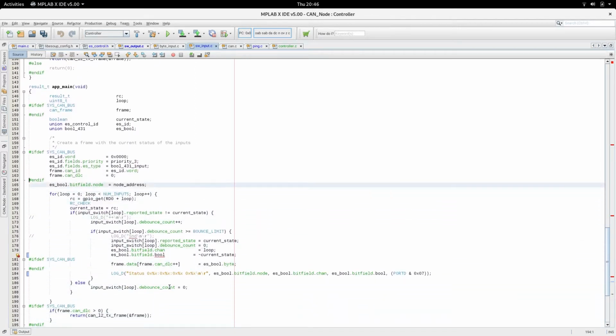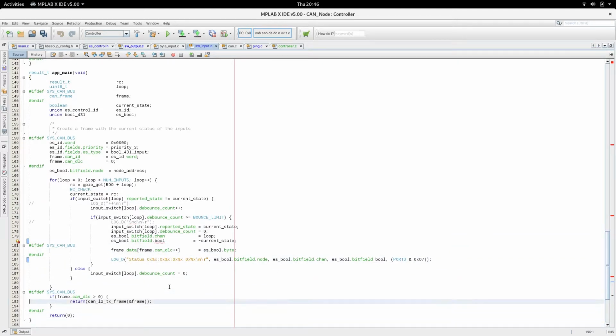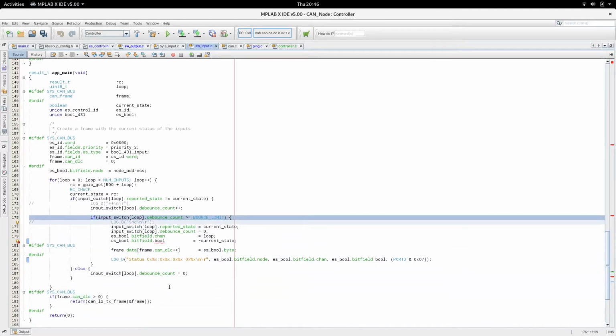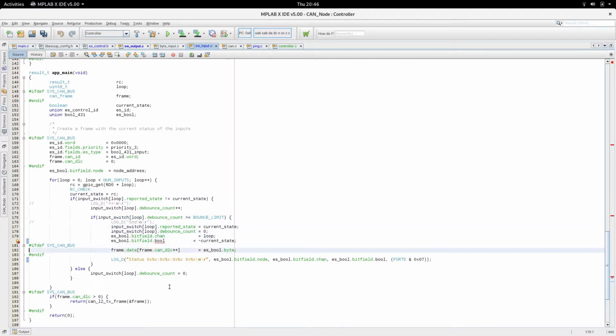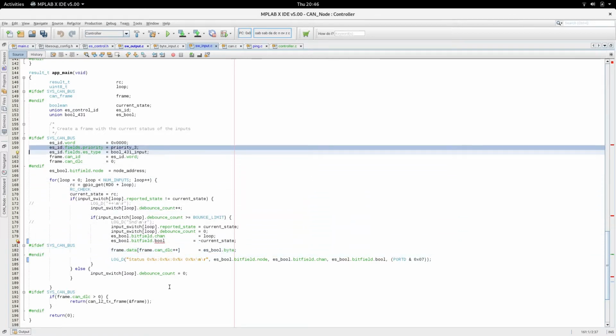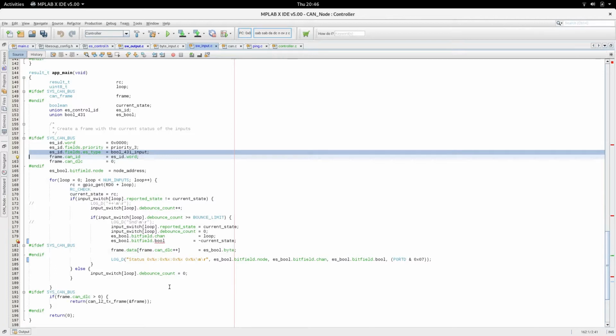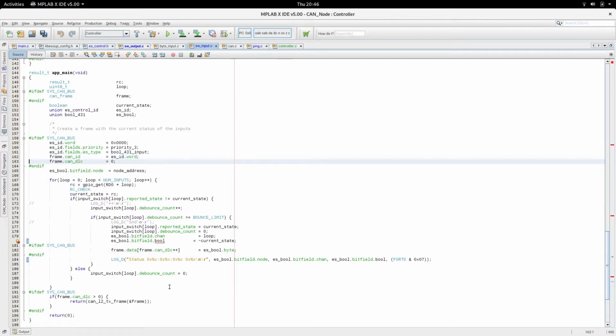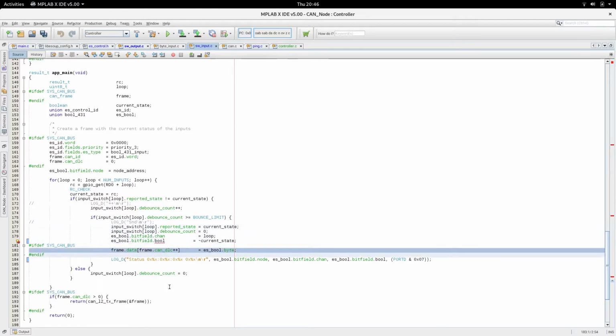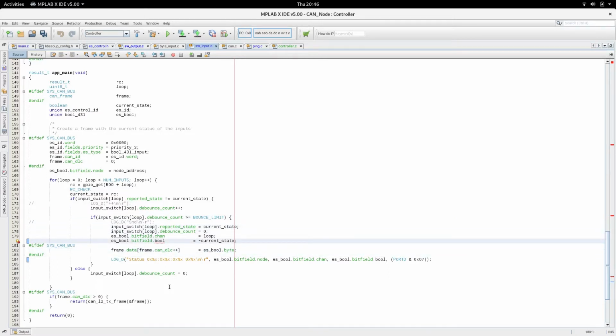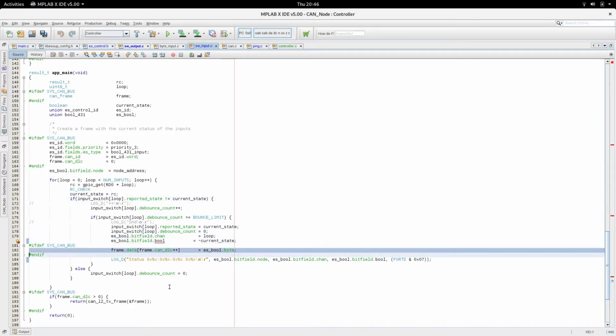And then in their application main, in this case the application main actually does something, and it basically loops around checking its inputs and seeing if they changed. And it debounces those given parameters defined at the top of the file and puts together a frame. It starts out by setting up a low priority Boolean 431 input message, or frame, sorry. Sets up the identifier, sets the data count to 0, and only after debouncing the switches and a change of state do we add a byte